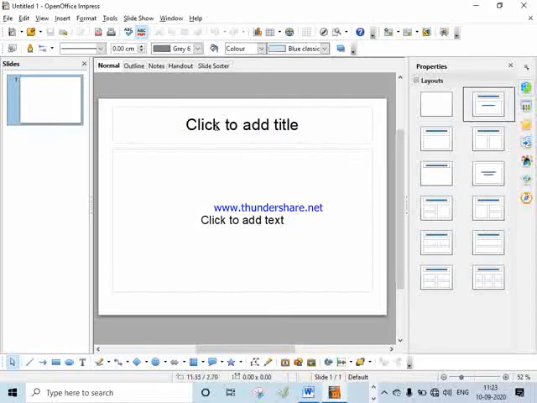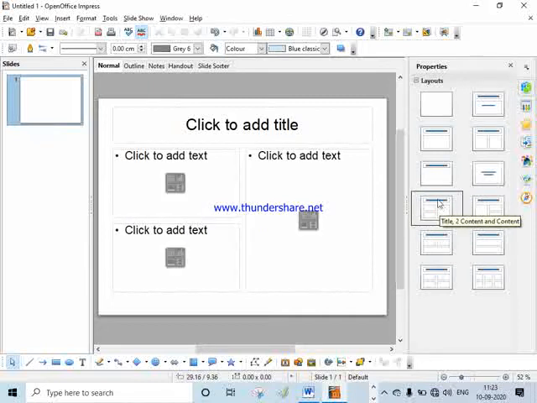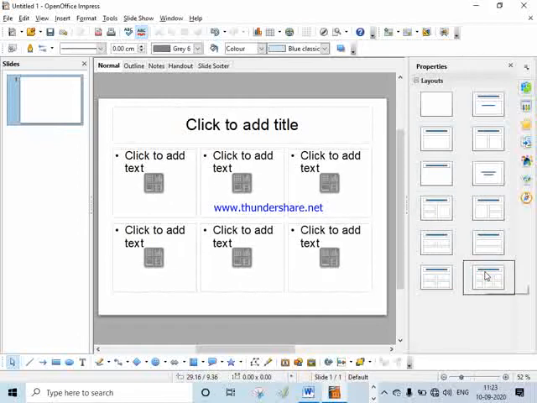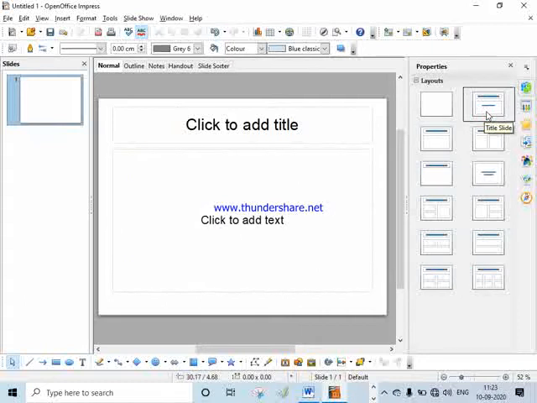This is your title, if you want to put your title over here, and these are the properties, or say the pattern of your slide. If you want to choose this type of pattern, click over there. By default it is the title slide.